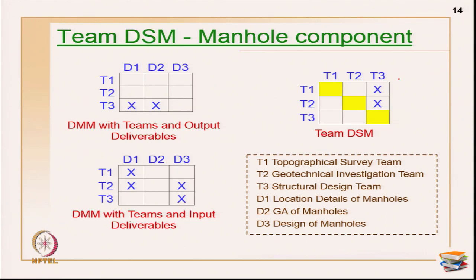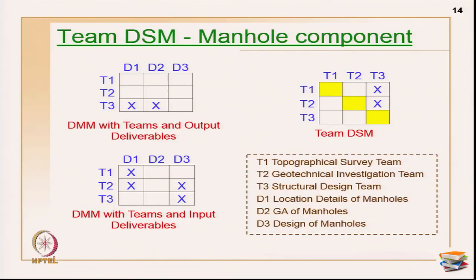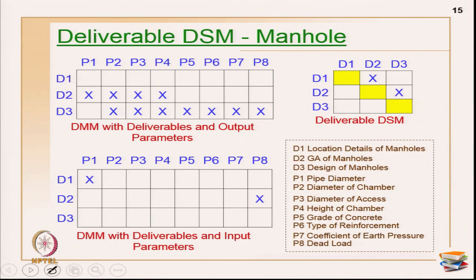Which is what I said: avoid this X mark and write properly what it is, like I showed you in the last example. It is easy for you to go through the complete flow of the design process and map all the relationships. The other problem here is that I have used a small example, so many of the relationships got missed out. When you are really building a complete design example, all relationships can easily be identified and shown. But the purpose of this example is only to show how to form a component team DSM for the manhole component.